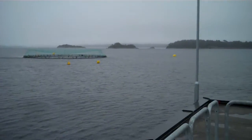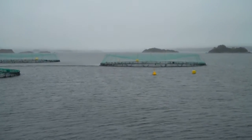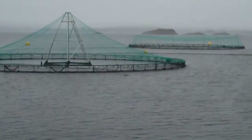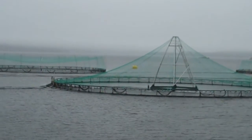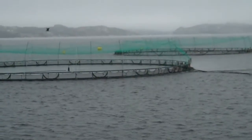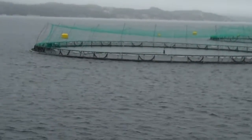Alright, here I am in Norway. You are looking at farm-raised salmon pits, I guess, if you want to refer to them as that. This is where they keep all the salmon for about 12 to 14 months. Oh wait, is that him? There you go. And these are where they keep feed,